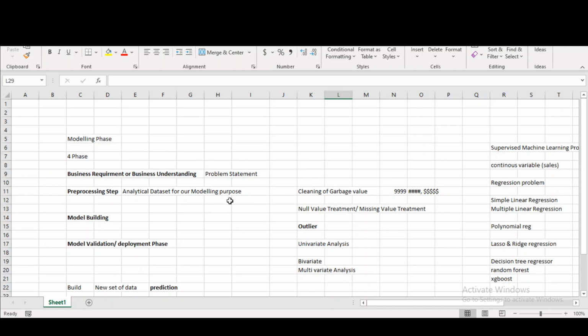Now coming to the simple Python notebook, like how we can build this model. Basically, we first have to import the data, and we have to follow these steps, and then we can build our model. We have to call all the libraries for model building, and then we would be building our model. So in the next video we would be looking into Python, how we can build the model.